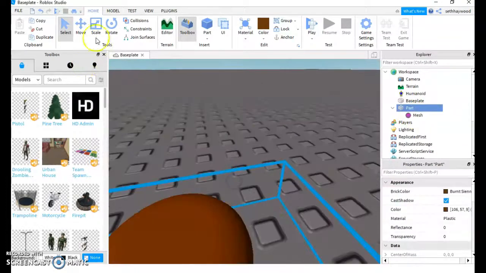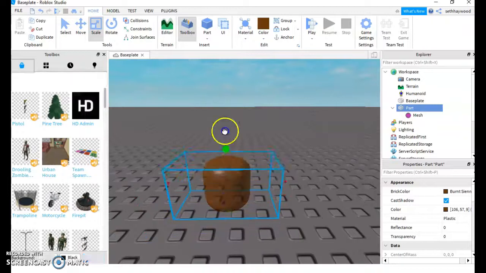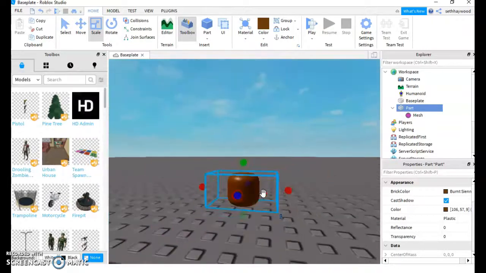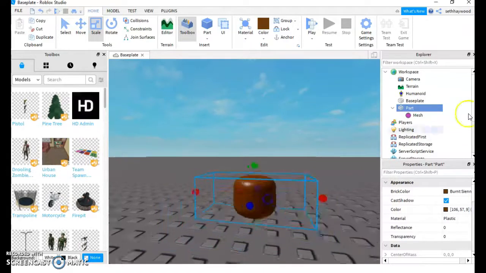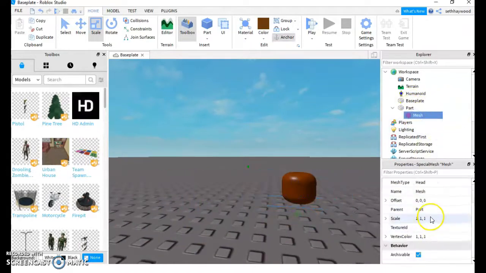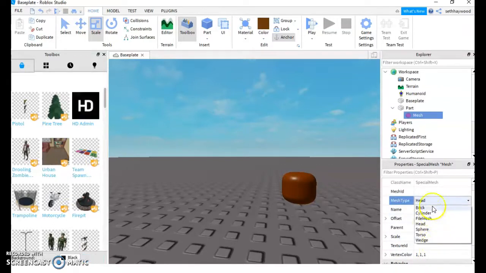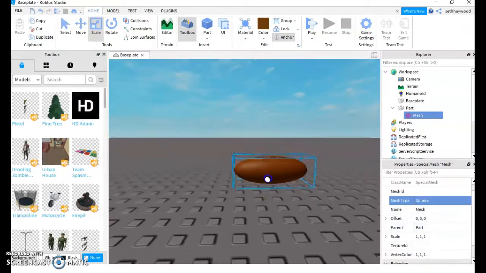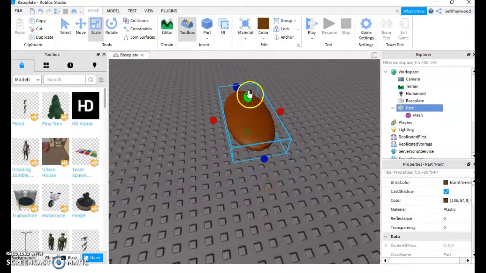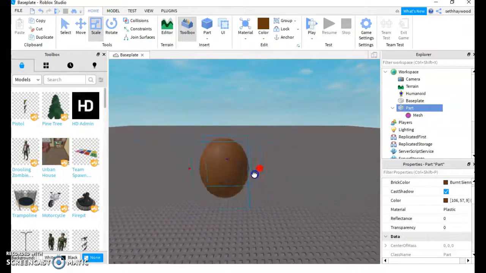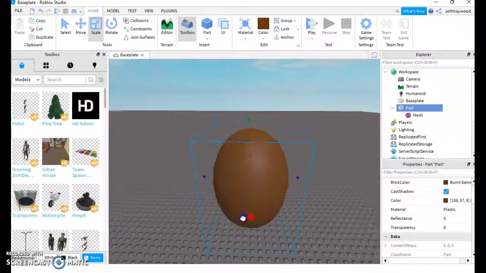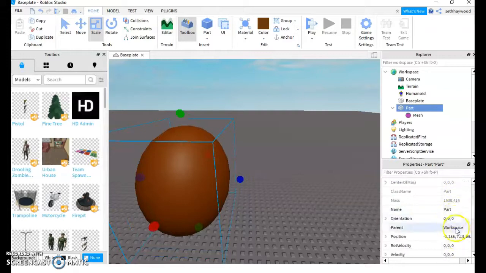Now once you have a special mesh, it's like this. You can keep it like this if you want, but if you want to change it, you keep watching. So what you're gonna do, you're gonna go down here. You can click cylinder. So if you want a cylinder, then you can spawn a cylinder, and you can choose